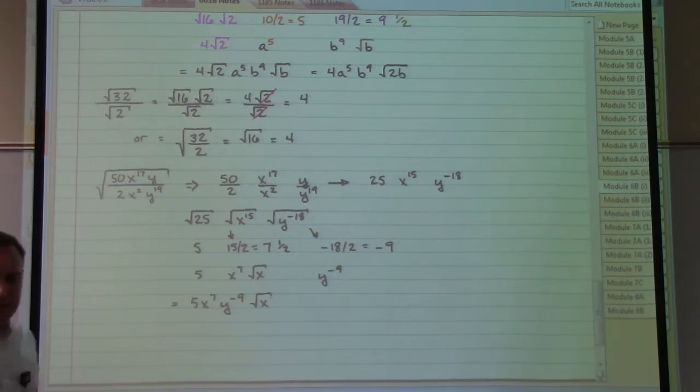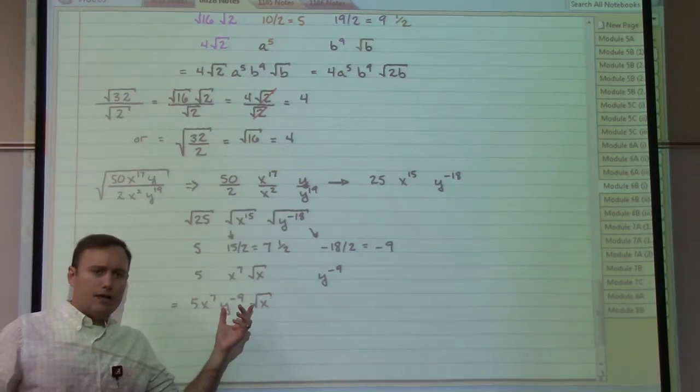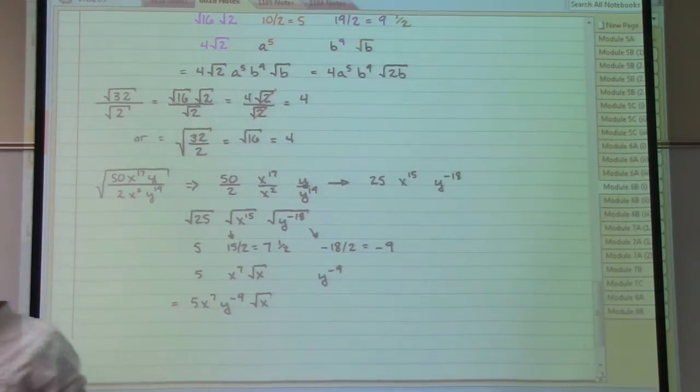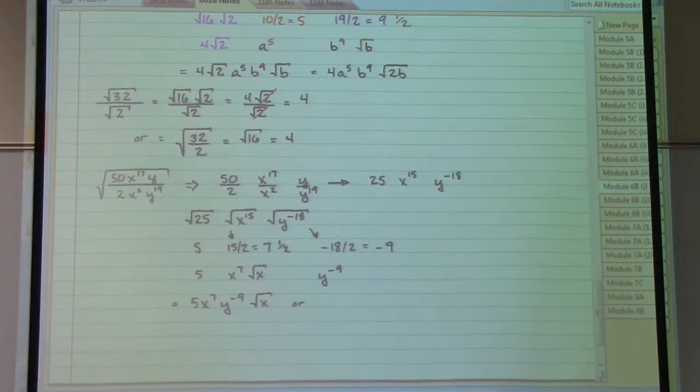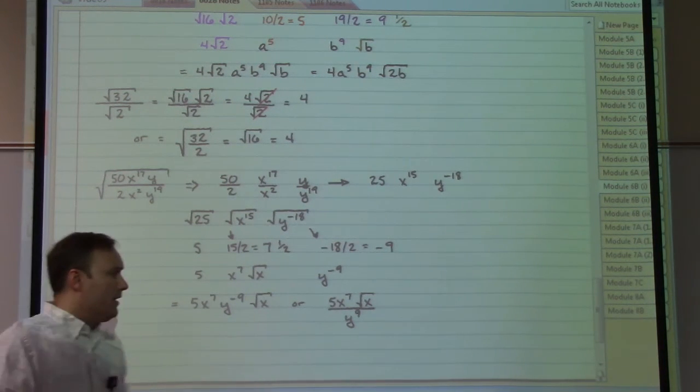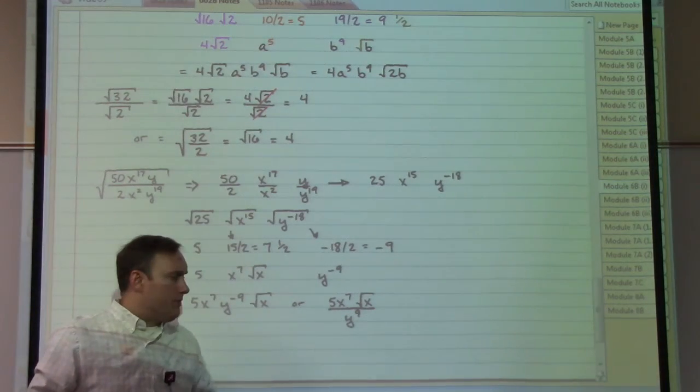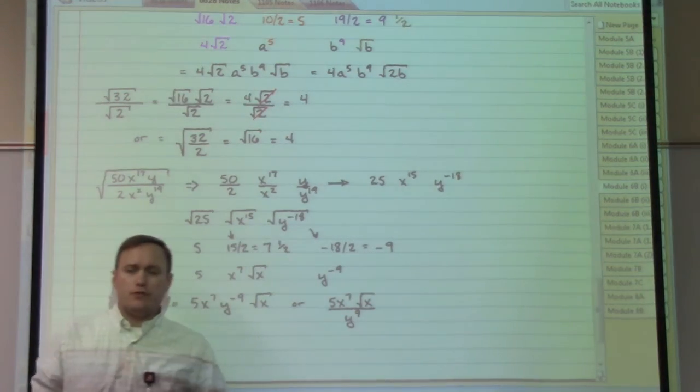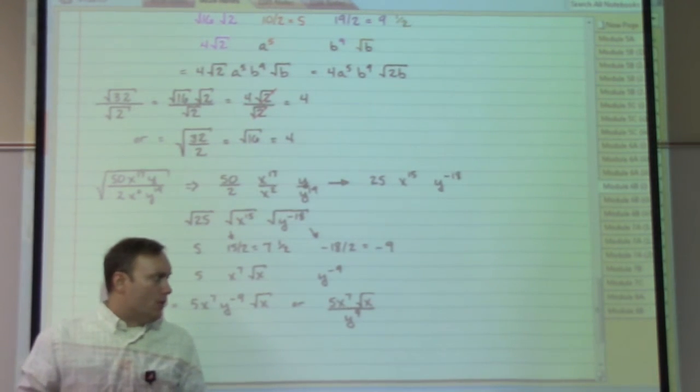But because we've been dogged in the past before about having negative powers in our answer, we may need to worry about that same sort of issue, in which case we might write something along the lines of 5x to the power of 7 square root of x, since that is all normal stuff that would appear in the numerator, and our y stuff would be the only stuff that gets kicked downstairs to the denominator, and that power would turn into a positive power. So that would be another possible version of our answer, depending on what kind of instructions we might have had